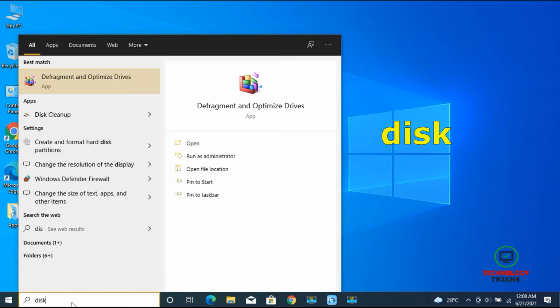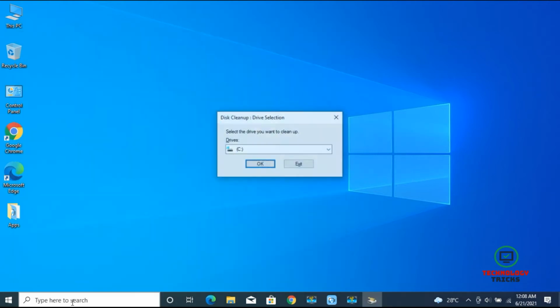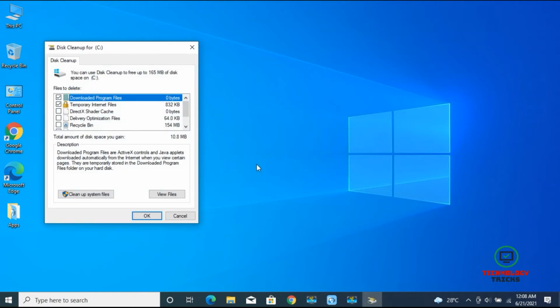Okay, so close this. Now the second trick is to just type here in the search bar disk cleanup. Okay, so we got it here, press enter. Yep, you can see C, D, F, all these drives are shown here. I'm going to select C drive right now. Just select it and press OK. Now this dialog box will open.